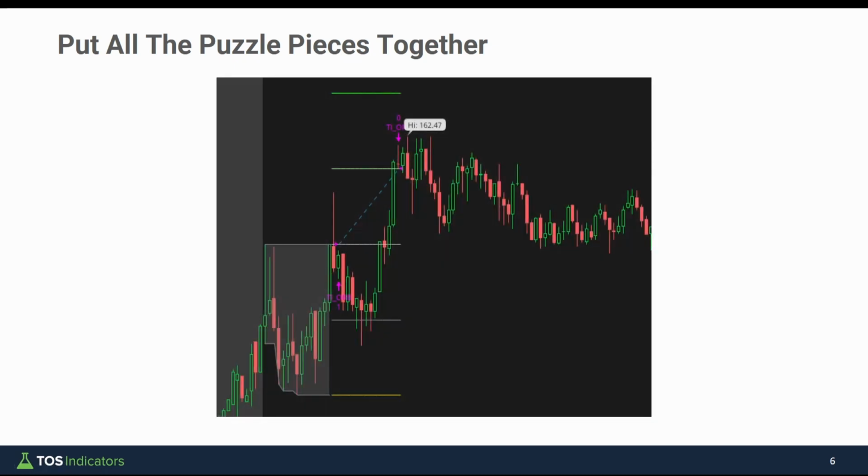So now if we put all of these puzzle pieces together, here's what Apple looked like today with the opening range breakout. If we start by piecing together the first piece of our plan, which was around the entry, we were waiting for a pullback since we saw that half range entry. Once we have the entry, if we give it a half range stop and a half range target, we tend to go to the target first only about 53% of the time. So that tells us that the other 47% of the time we have a pullback,